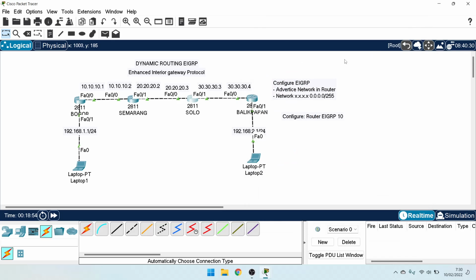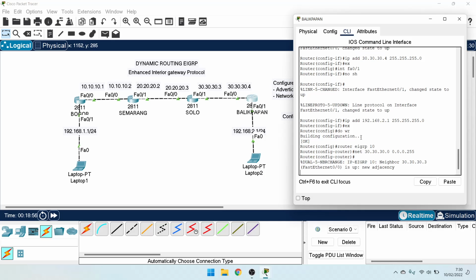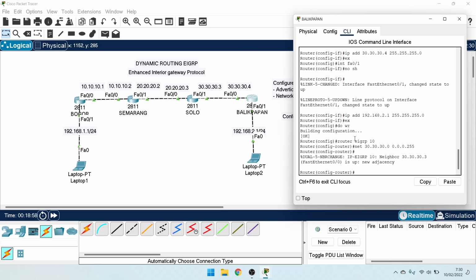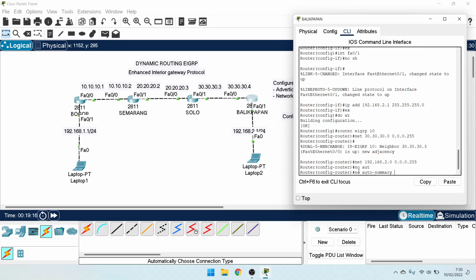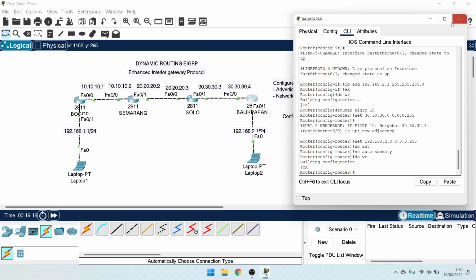Okay, and advertise again the router EIGRP network 2.0 and wildcard. No auto-summary. Okay, do write.